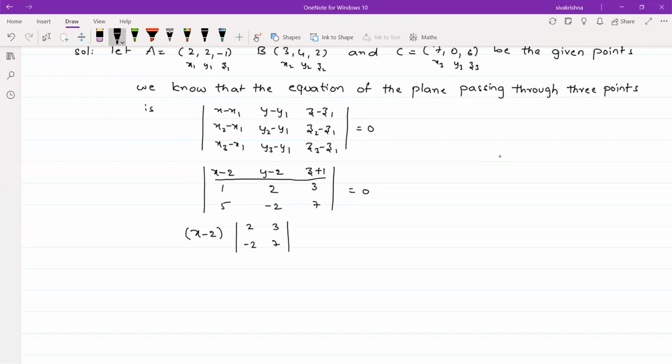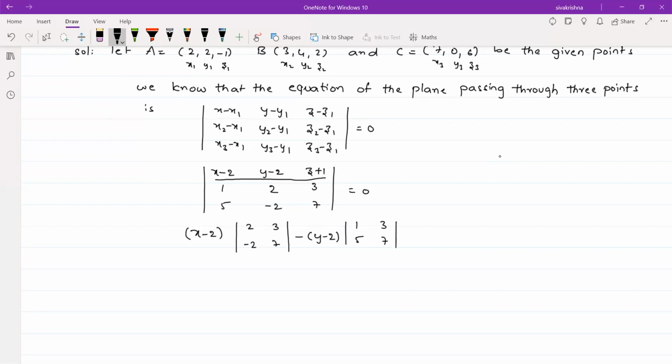Okay, so after that we have to move to the second element, that is y minus 2. Once again, if you want to write the determinant expansion through the second element, we have to put minus. So minus of y minus 2 into, once again we have to close the corresponding row and the corresponding column of y minus 2. Then we get once again 4 elements. Those are 1, 3, 5 and 7.